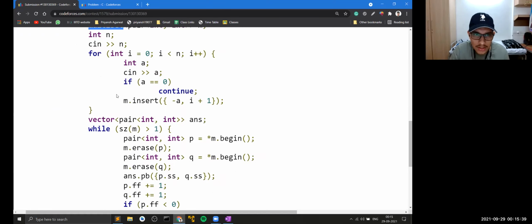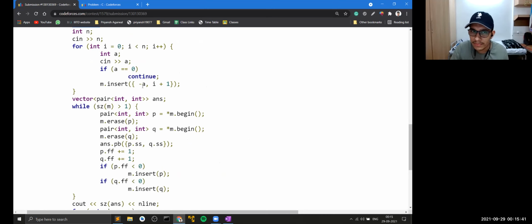Now, what I've done here is that I've stored minus a instead of a. A is the value at that particular index. By doing this, when I'm removing elements from the multi-set, I am removing the first two elements, so I won't have to remove the last two elements. The advantage I'm gaining is that I'm writing less code, because picking the last two elements from the multi-set needs more code than what I've written. So I've removed the first two pairs from the multi-set and I have added a value. Why? Because I was doing minus a.